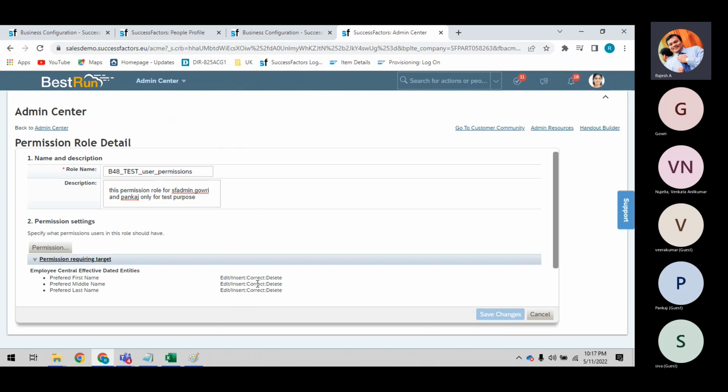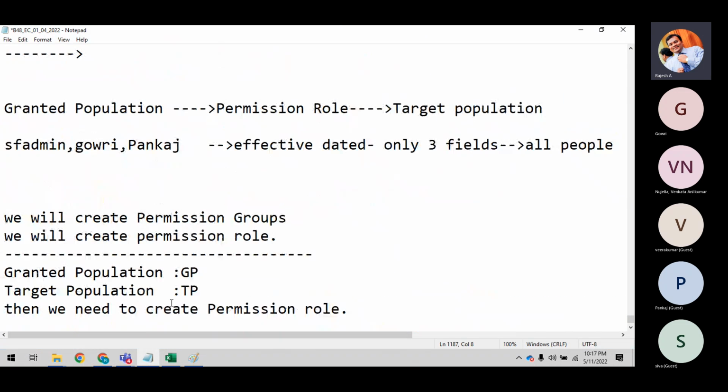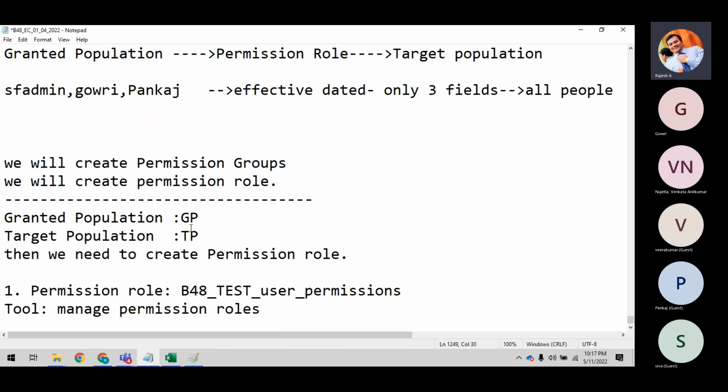And see here: edit, insert, correct, delete. So now we have created the permission role. Now under the granted population,